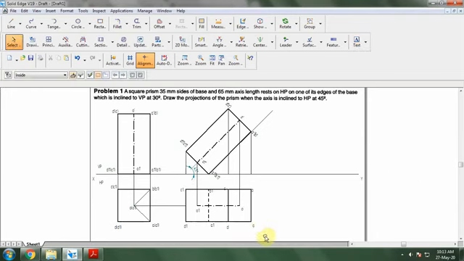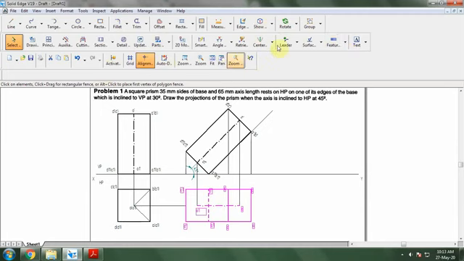So select everything and make it as a group so that I can use the same thing for the next projection. So now comes the third position. Third position is that on which it